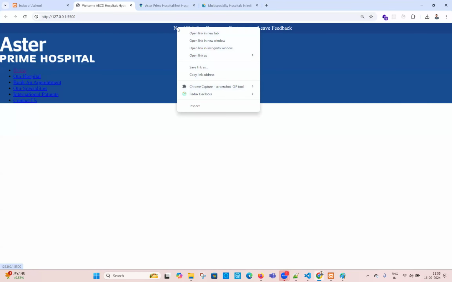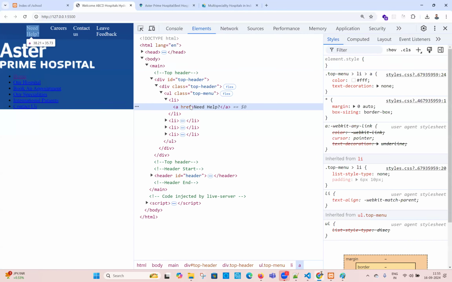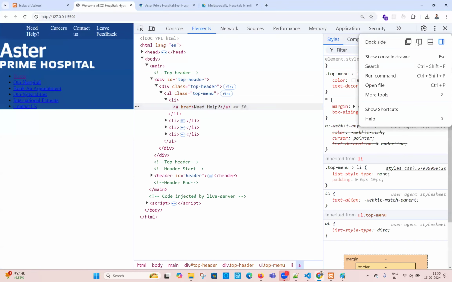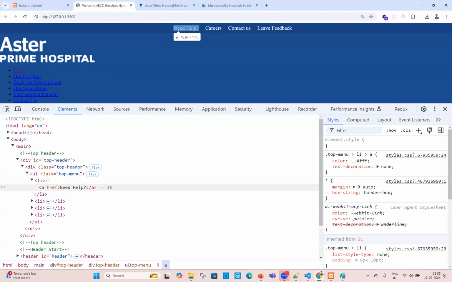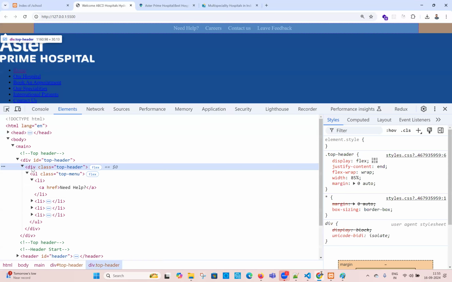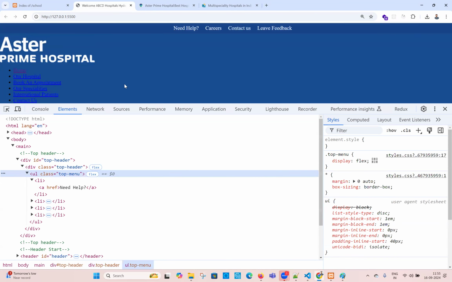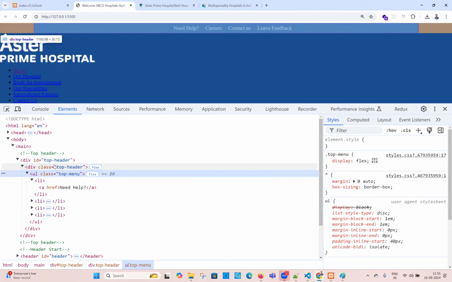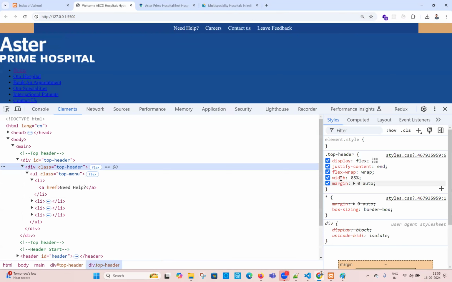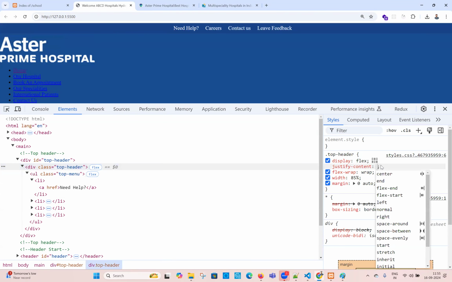And why is this not moving? Exactly. Move this down, and let us inspect this and check it. This is my top header. In the top header we have the top menu. The menu has some, okay, we will work on that. This is the top header. What's the property I wrote here? This is a property: center, end, text end, flex end, other ones working? No, exactly, this is center. Why center? Even though I set the width here,